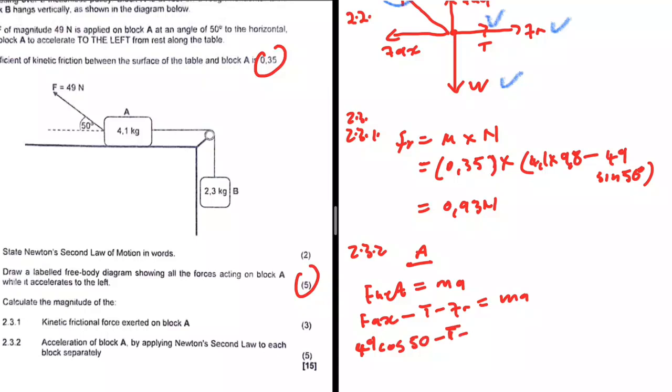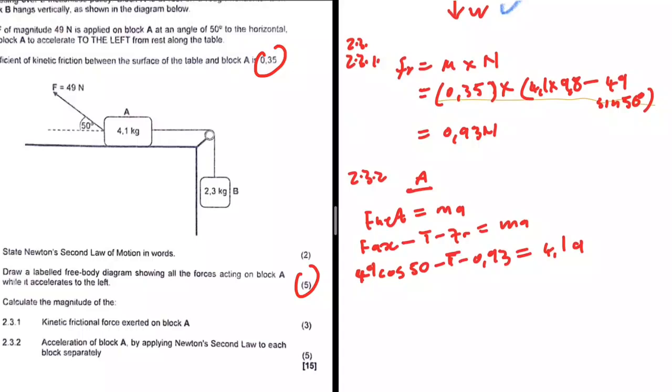Minus the frictional force. The frictional force is 0.93. This is equal to MA, so 4.1 is the mass, and the acceleration is also unknown. Okay, I guess we can solve these and move to object B. So let's do that. 49 cos 50 minus 0.93. Am I doing that in the correct order? I think I am. So we get